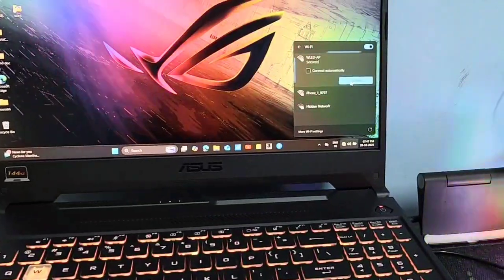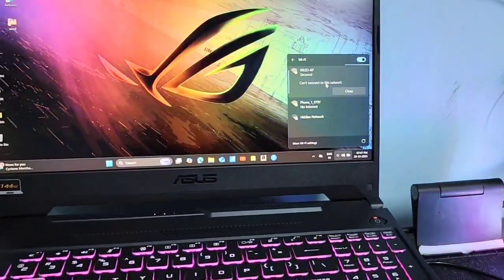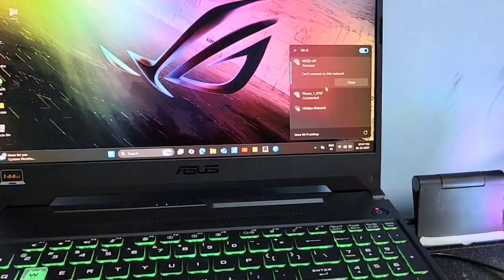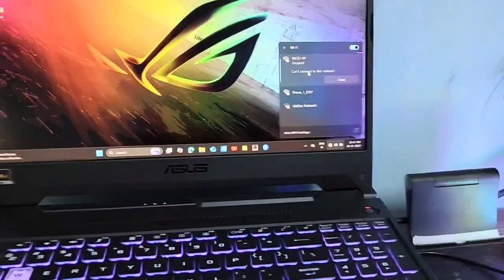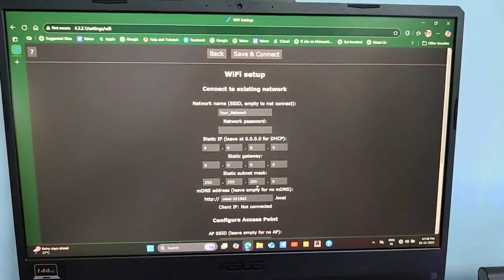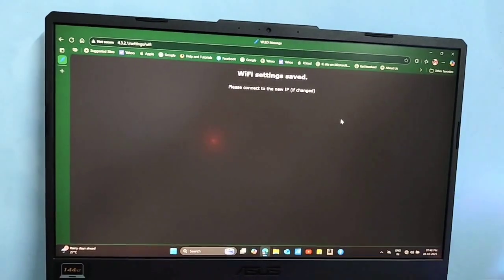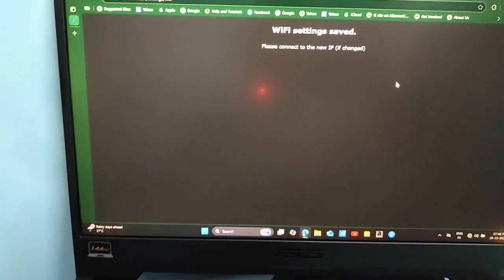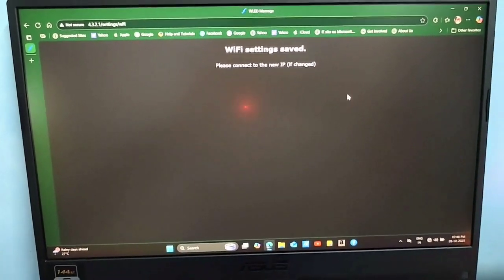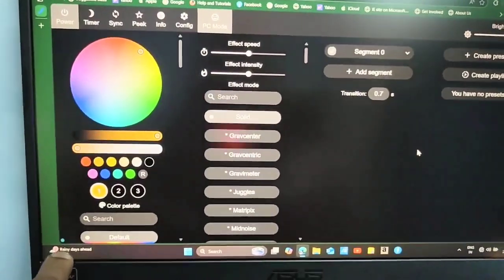So after configuring Wi-Fi, just connect to WLED.app. So here you have to give the Wi-Fi details with which you are connected. After that